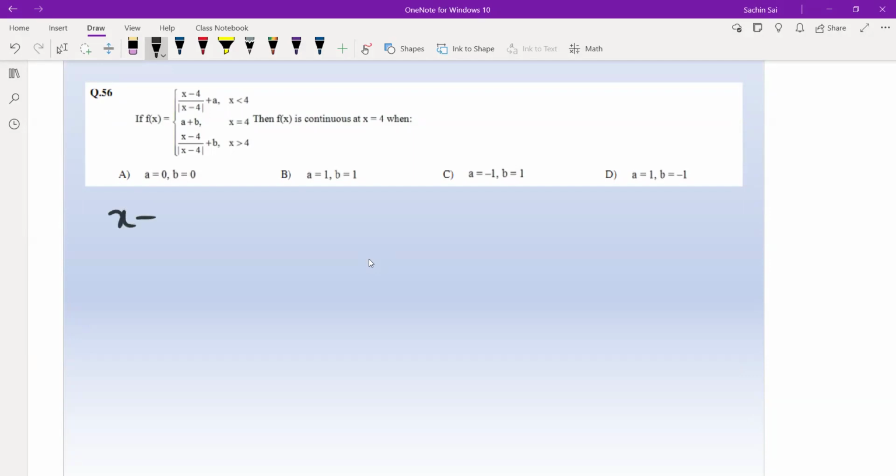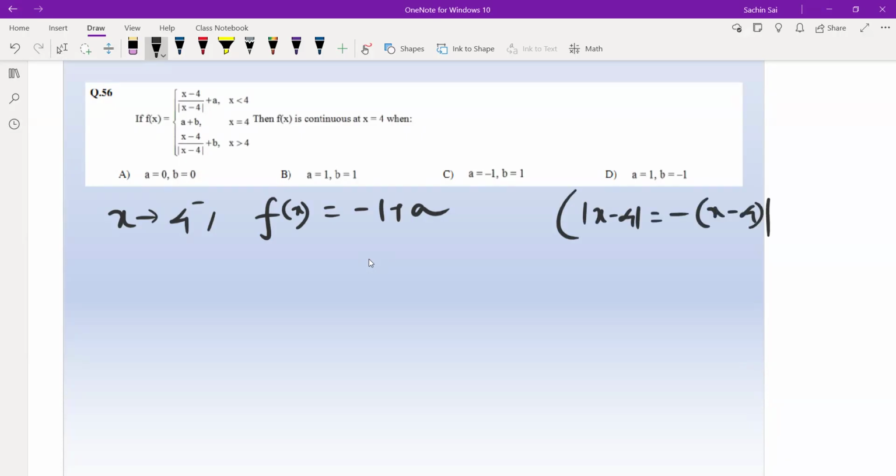Now, as x tends to 4 minus, it means that x minus 4 is negative, which means f of x is the same as minus 1 plus a, right? Because as x tends to 4 minus, whenever x minus 4 is negative, modulus of x minus 4 can be written as minus of x minus 4, right? Similarly, as x tends to 4 plus, f of x is 1 plus b,